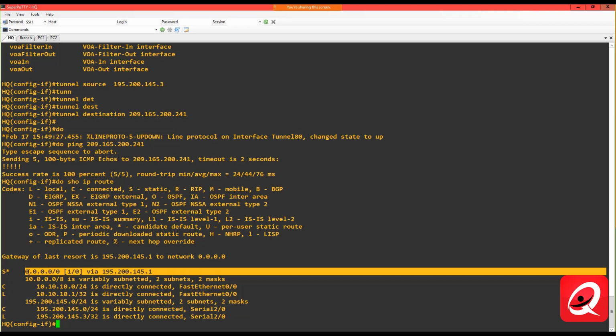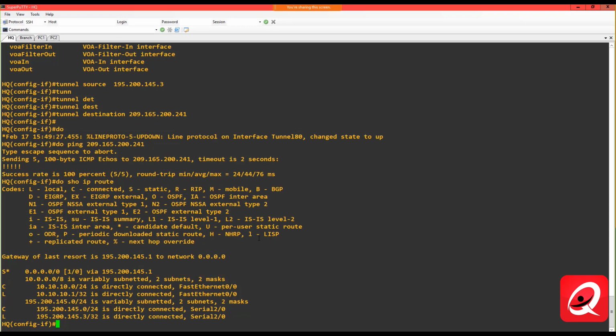Now the next thing that we have to do is identify what the payload protocol is. It could be IP, it could be IPv6, it could be CLNS, for example, if we're trying to route ISIS over the tunnel. The key is that the generic encapsulation that we're using allows us to carry anything over this particular tunnel. Optionally, you can also configure keepalives as well, because there's nothing here to indicate that the tunnel is actually active,